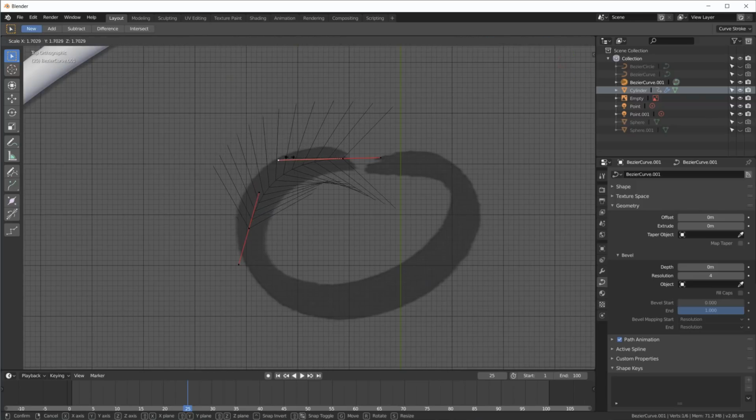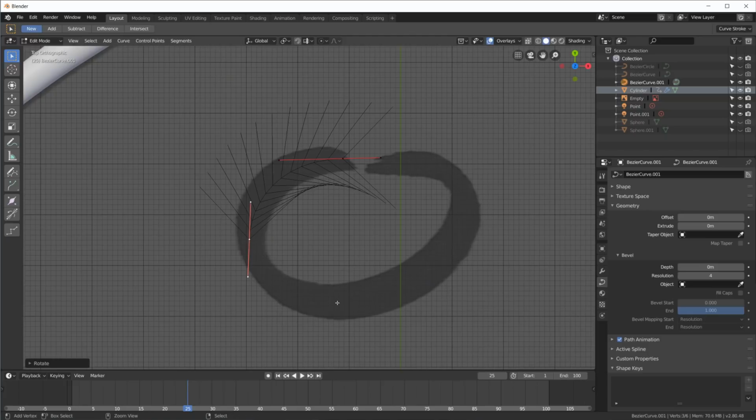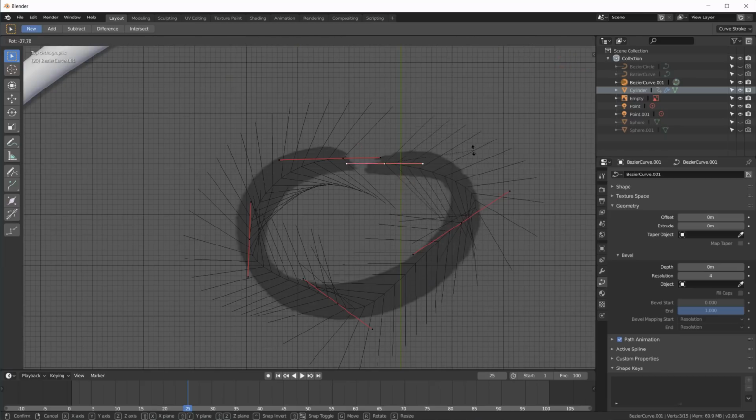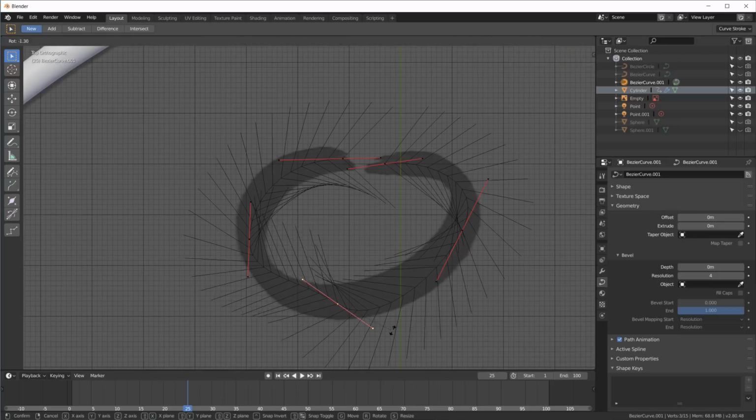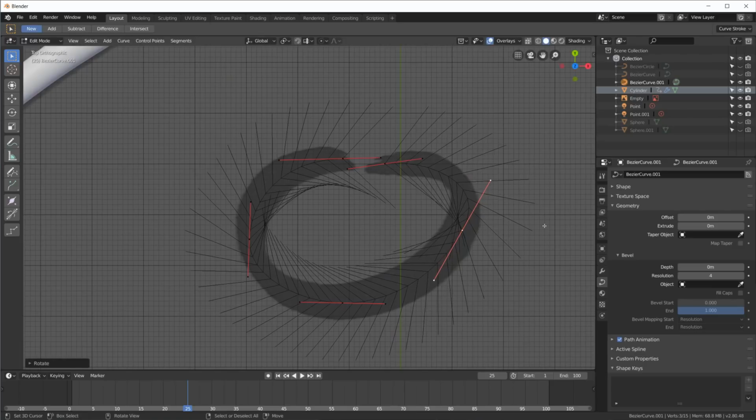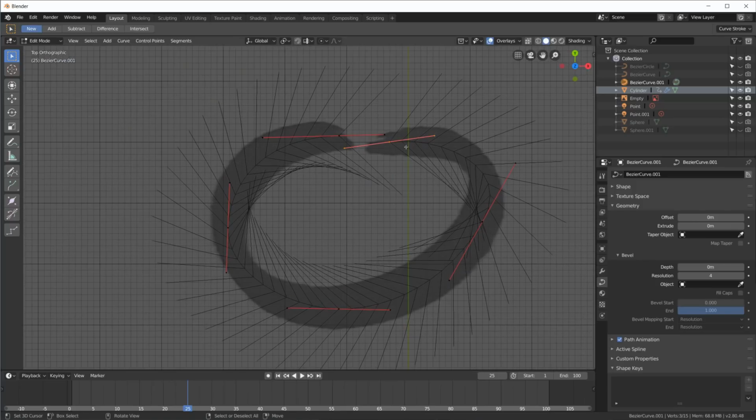So scale. We just want to go down the middle here. Control left click, control left click, control left click, and now let's clean all of this up. Rotate, G to move, R to rotate, S to scale. Okay. So now that we can see what we're doing,